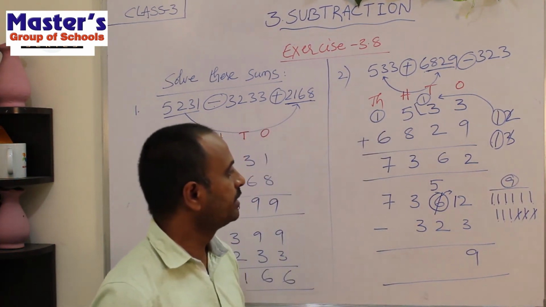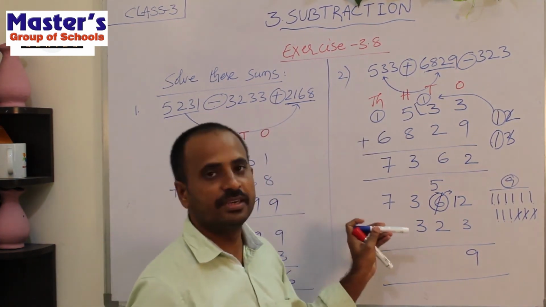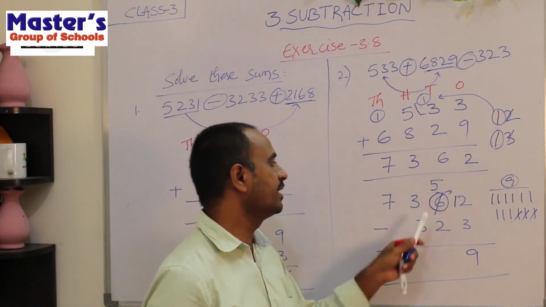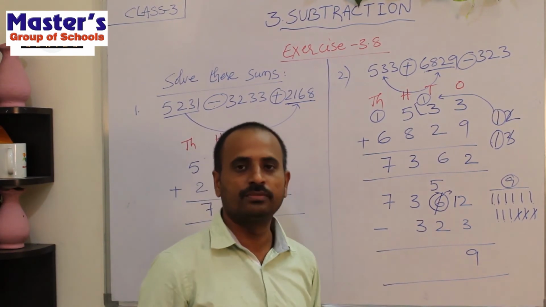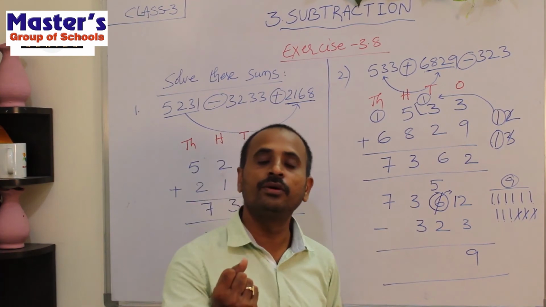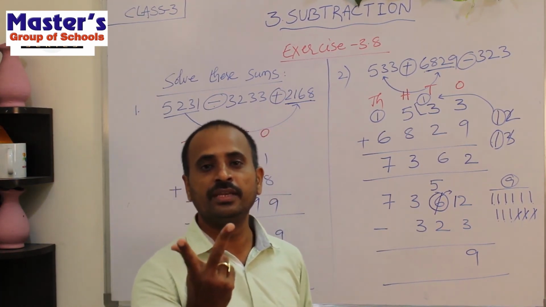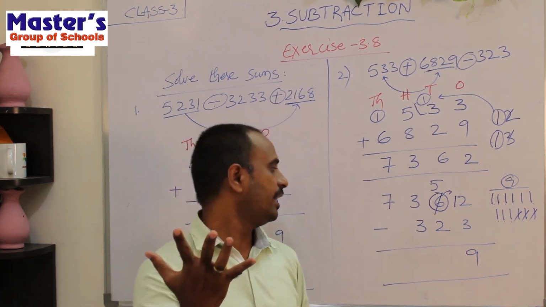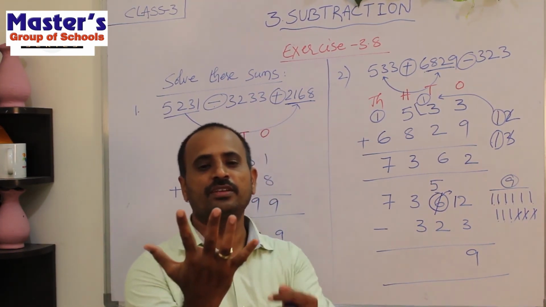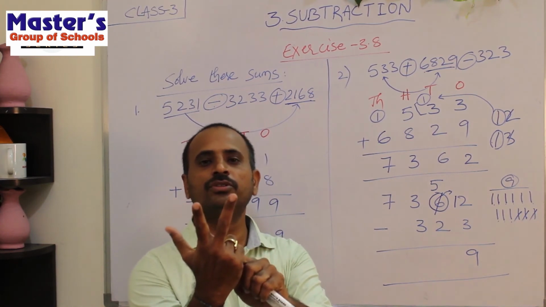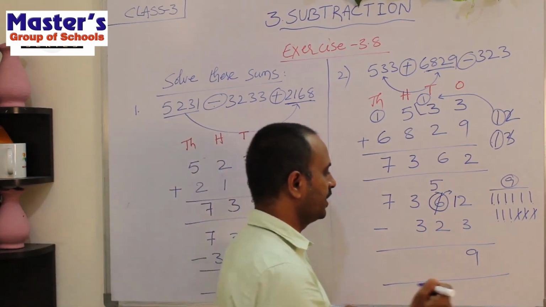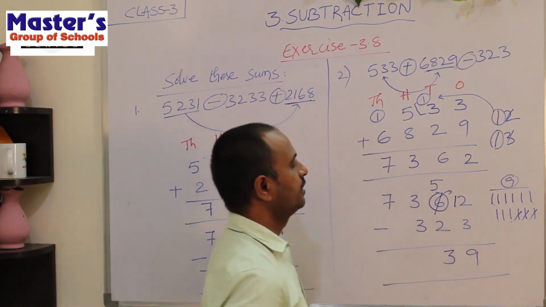So now go to tens place. What are the digits present in tens place? 5 and 2 are present in tens place. What is the first number here? 5. And what is the second number? 2. So open 5 fingers of your hand. 1, 2, 3, 4, 5. And what is the second number? 2. So close 2 fingers among these 5 fingers. That is 1, 2. I have closed 2 fingers. How many fingers are remaining? 1, 2, 3. So write 3 under tens place.